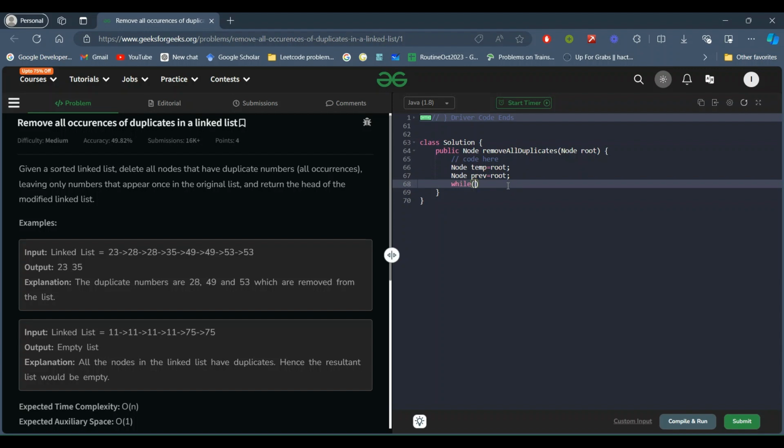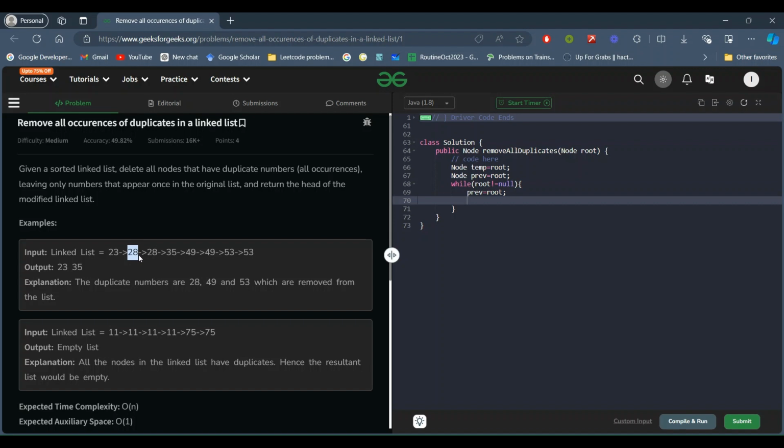So I will traverse the root until it gets to null, and previous will be root, and we will traverse as many times as the root node's data is equal to the previous node's data. Let's suppose I am at this root node and I have taken this as previous.